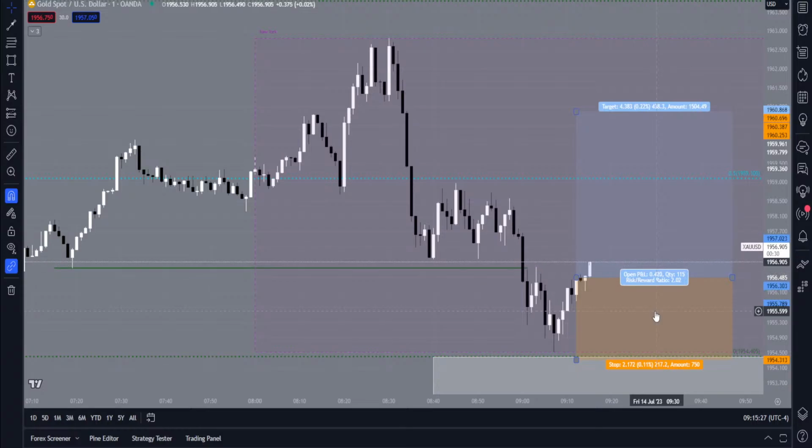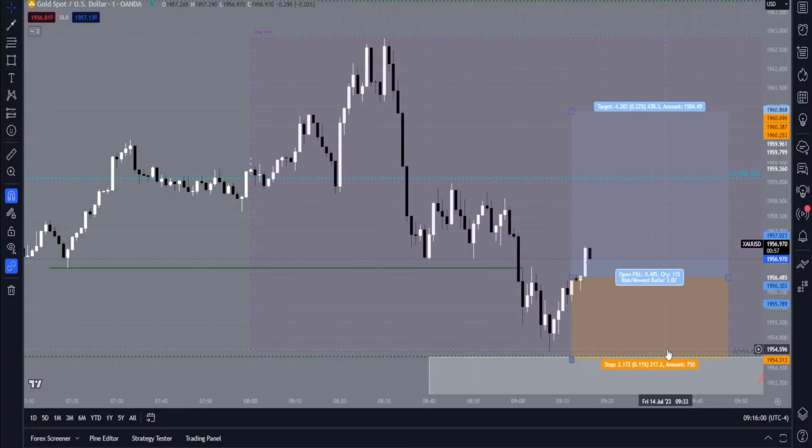What the hell? Oh, okay. Alright. So far, so good. Don't panic close, don't panic move your stop loss to break even. Just let it play out how it's supposed to play out. Okay? Win or lose, it doesn't matter. You took the trade how it's supposed to be taken, and that's what matters.